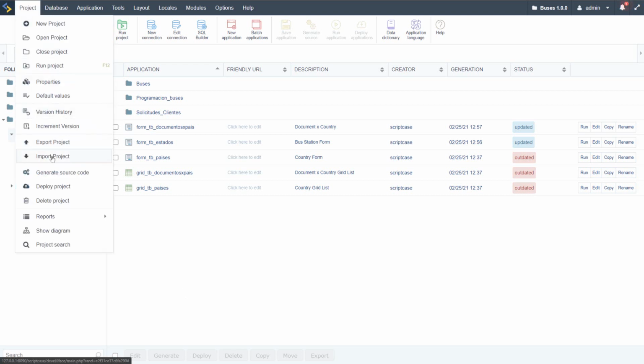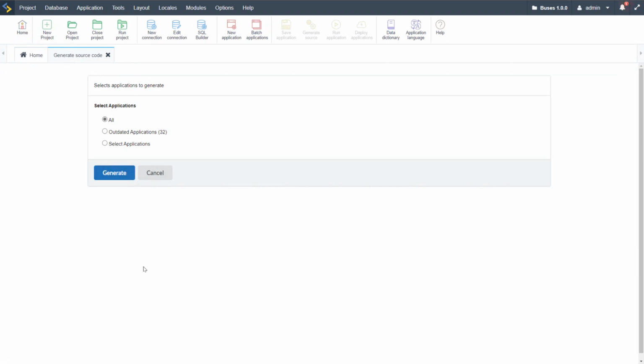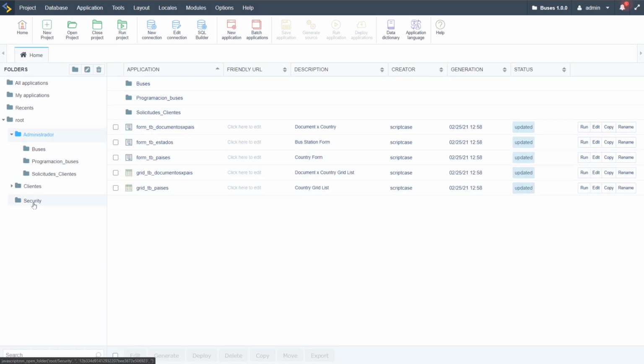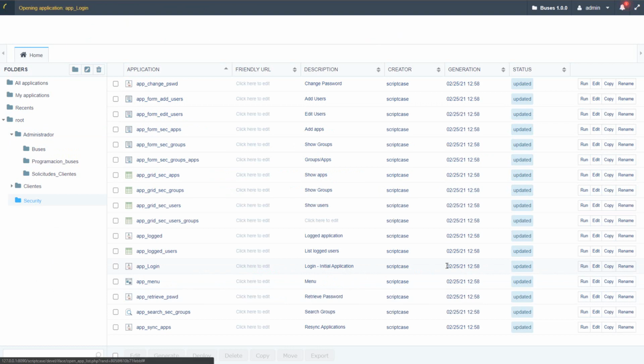So if I go ahead first of all quickly and generate all of the source code, so all of our applications have been updated because of some of the changes we have applied. And then once that has now generated, we can go ahead and start up the login page, and we can check out what we are going to apply to that within the next video. Okay, so I'll now close the generation. I can come here to security, and I have here app logged in. So if I run that,